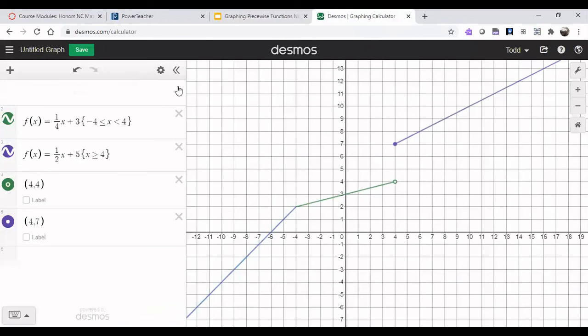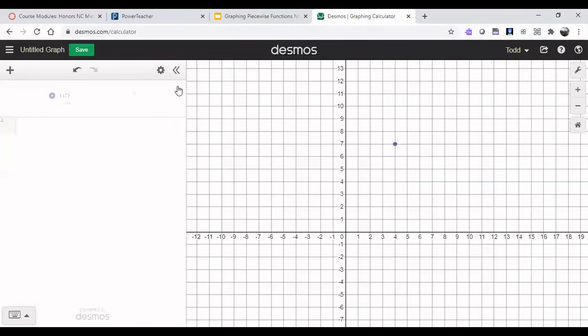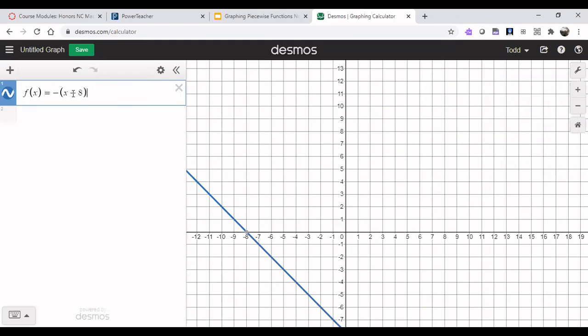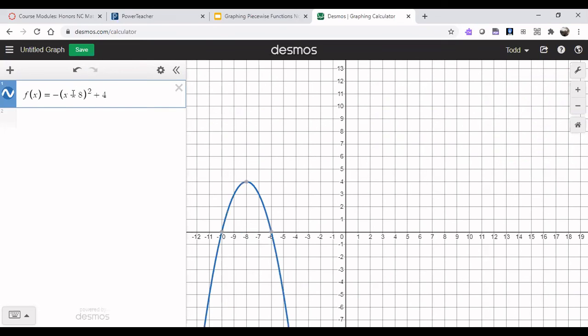Over here, Desmos, f of x equals negative parenthesis x plus 8, shift 6 to get that exponent squared, arrow out, plus 4 when x is less than or equal to negative 5. f of x